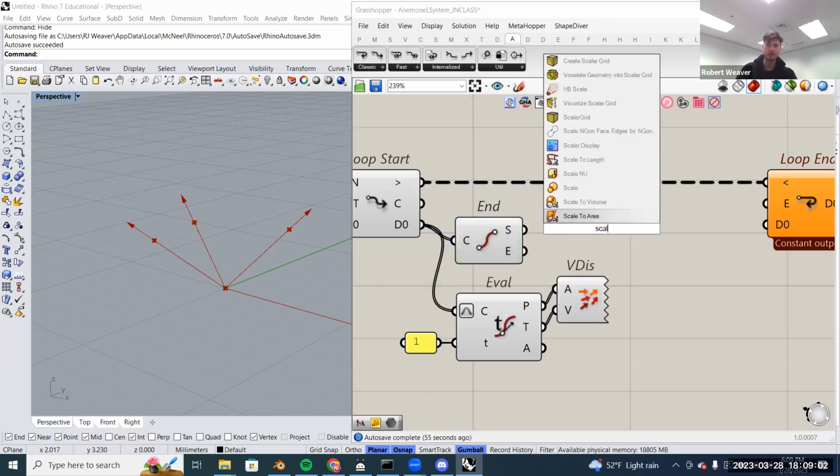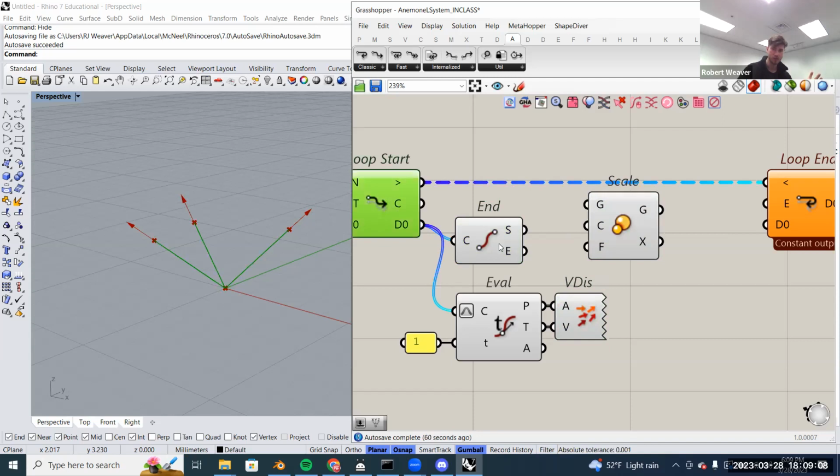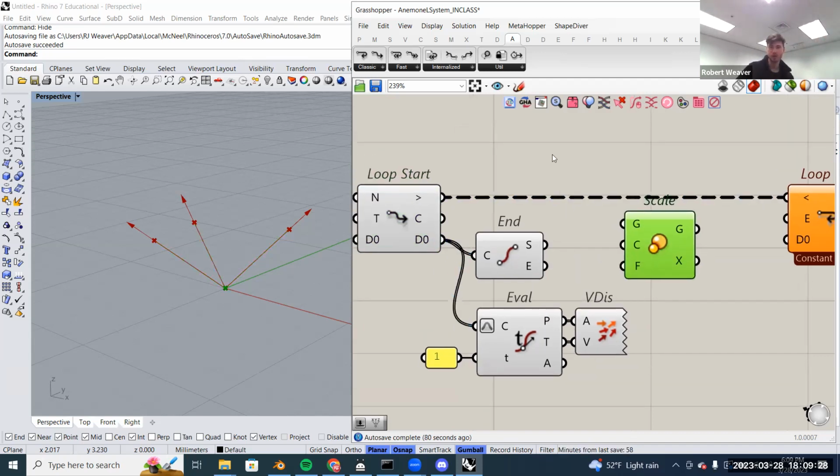So when scaling, I'll just grab the scale component first and we'll build up onto this. But we will be scaling the curves themselves based on their group start point. So we have all those start points coming out of S. But in order to scale this as a whole, I only want to scale it around a single point. So in order to do that, we'll have to get rid of 2 of these points in this list to make that happen. There's a couple of different ways to do that, but the easiest way, might be the easiest way, is to just,